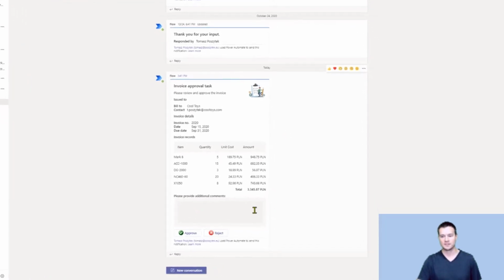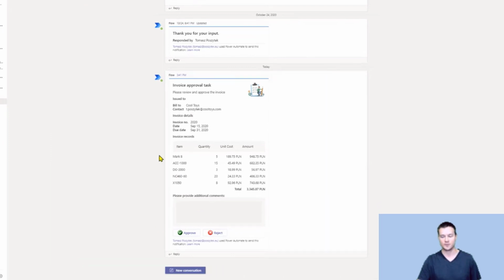So the native card is sent. It's generated and contains all the information. So now I can simply hit approve or reject. If I approve, then the data from the invoice is going to be picked up by the RPA. The first thing that the RPA is going to do is convert it from PLN to US dollars, because this old CRM that the company is using stores the amounts in dollars, and then it's going to trigger this CRM and record information about this new invoice in that CRM.